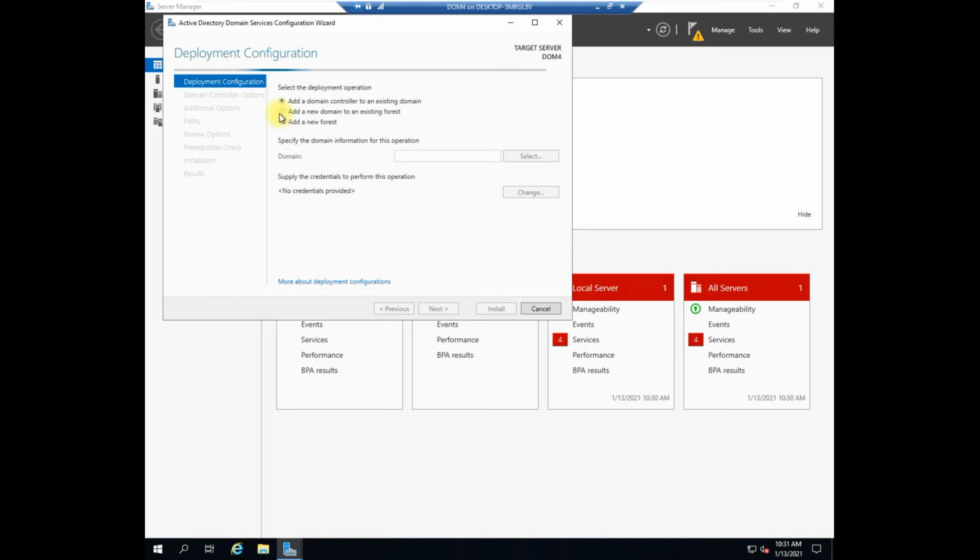We have three options: add a domain controller to an existing domain, add a new domain to an existing forest, or add a new forest. So I am defining it as a new forest. Anything I'm giving over here is test.local, as I do not continue with this itself, just for a temporary purpose I'm creating it, and once the lecture tutorial is completed, I'll delete this. I already have the complete setup with me, so just for the explanation purpose I've created this test.local. Then go to the next section.